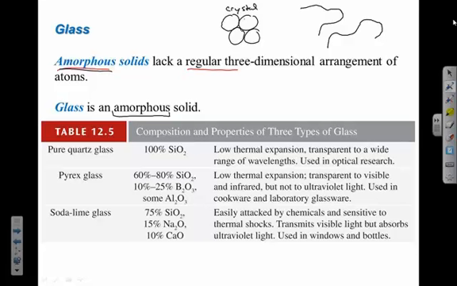But amorphous glass is a bit surprising because glass is a covalent network. And most of the time when we think about a covalent network, the silicon and oxygen that make up glass are bonded together, and then that's bonded to another silicon, which is bonded to more oxygen, to make this organized,